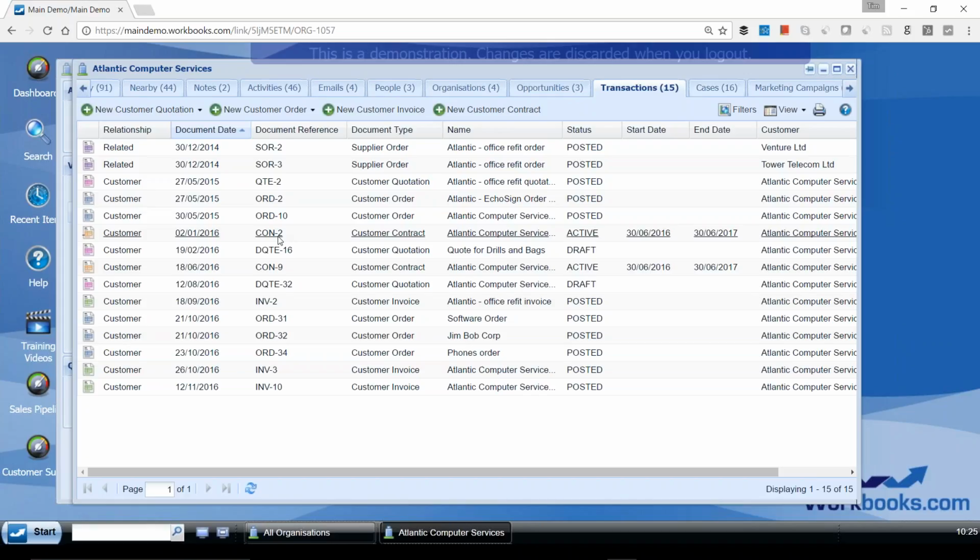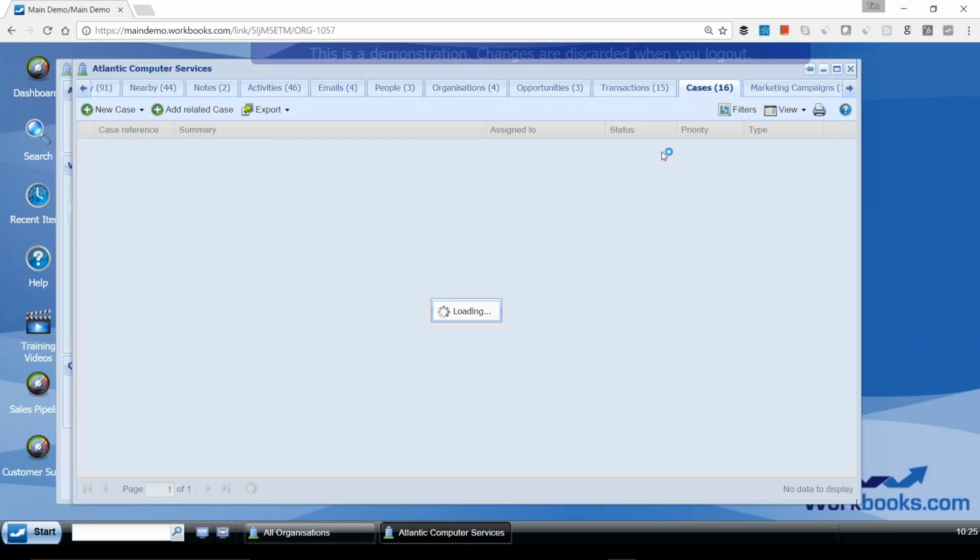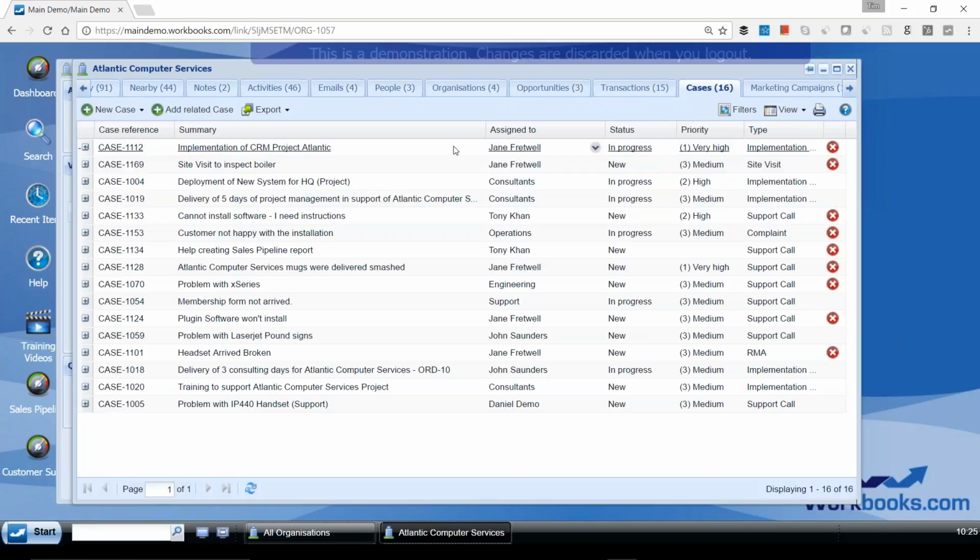So do your customers have contracts with you? Are you servicing their equipment? So that could be another thing that we're tracking. We've got many clients that are using this to track their contracts. And related to that, service cases, tickets, problems. Here we can see in this example 16 things that have been going on with this client from a support point of view, and we can click on those and see more information about those cases.